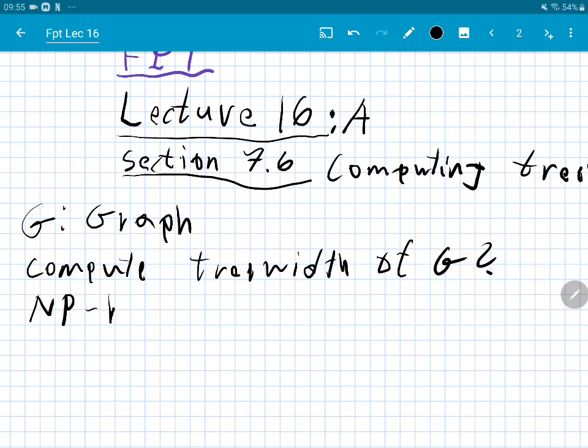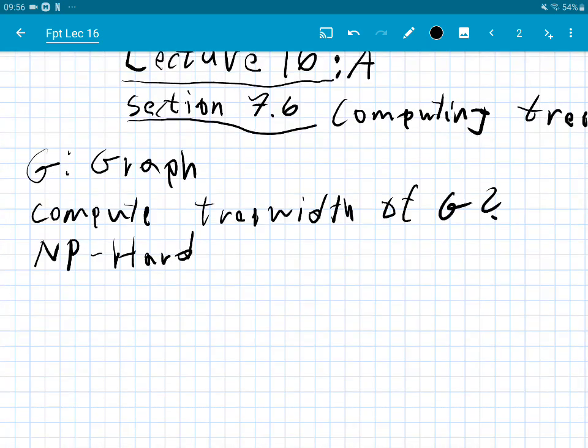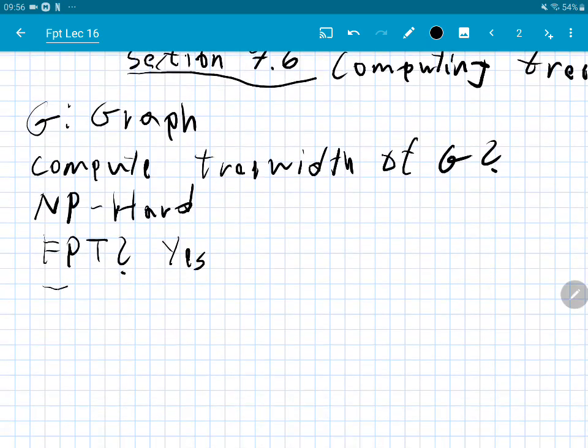NP hard, and it seems, in fact, pretty difficult to do. So, since we're in a fixed parameter tractable course, the question is, can you do FPT? And the answer, of course, is yes, right? Why is the answer yes? Well, if the treewidth of G is K,